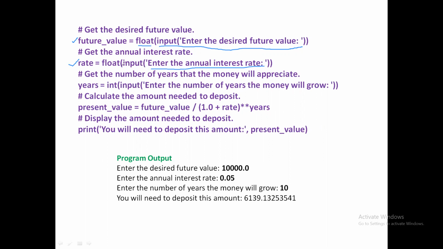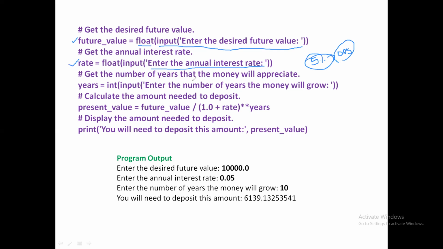User enters some interest rate. Usually it is going to be some 0.05, 0.02, 0.1, and so on. For example, if he wants to enter a 5% interest rate, annual rate is 5%, then he will be giving a value as 0.05. Right? 5 by 100 is 0.05. If it is 10%, you will give 0.1 and so on. So according to the interest rate, he has to give the corresponding value as a float value like this. You should not mention it as a percentage value.